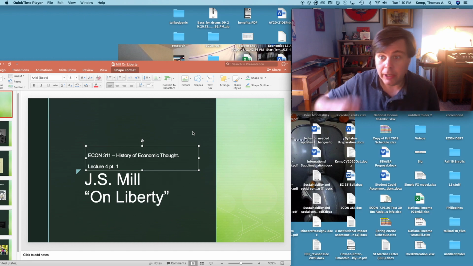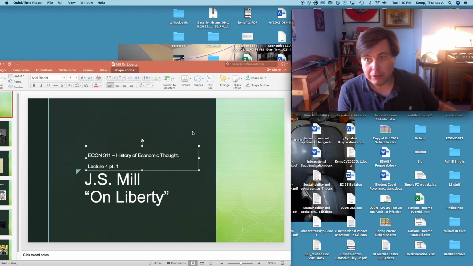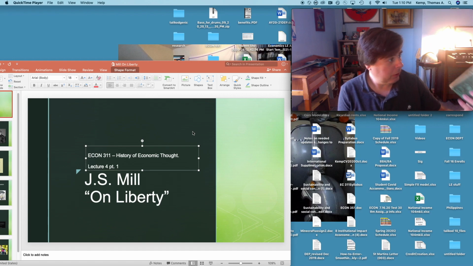As I mentioned, it is generally considered a classic. You can find it online for free. Just Google J.S. Mill On Liberty free, and the full text will come up in a variety of sources. Or if you want to buy a copy of the book, you can find it all over, for very, very modest amounts of money. I mean, I picked this up at a used bookstore. It's a 1948 printing for, I want to say, $2, a very modest amount.